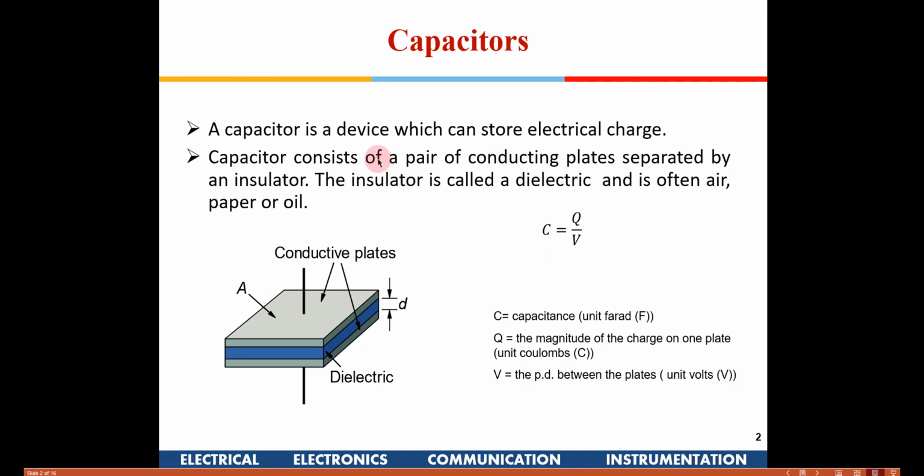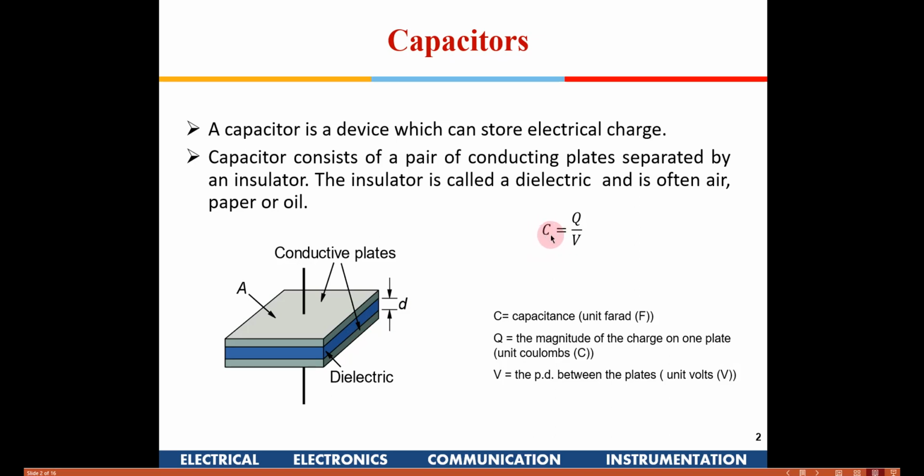So now what is a capacitor? It is actually a device which can store electrical charge. It is made up of two conductive plates which are separated by a dielectric. When I say dielectric, it means it's an insulator. The capacity of a capacitor to store charge is defined by a parameter known as capacitance,